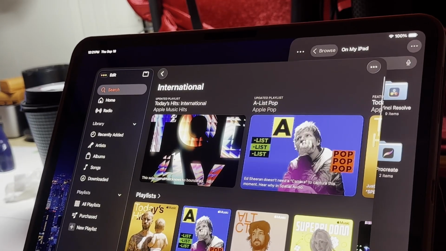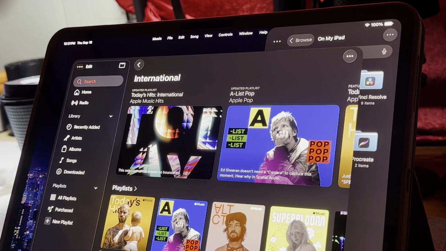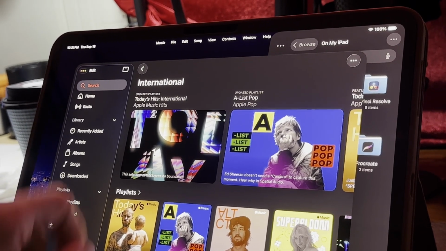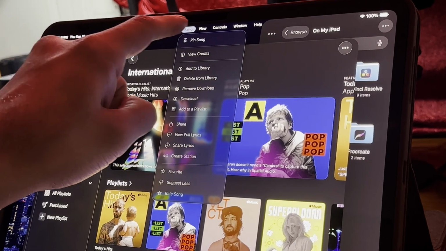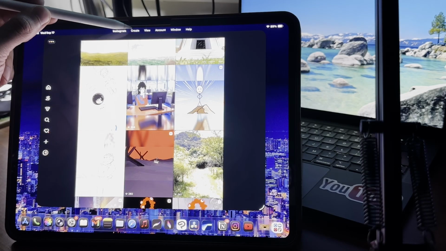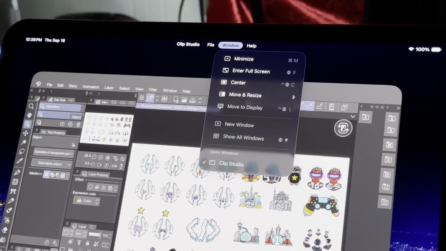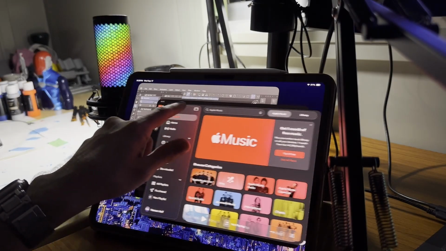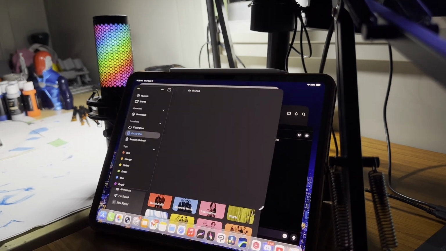the screen. It's not always there, but if you have an app open and you swipe down from the middle of the screen, you can see the menu bar for your apps just like you would on a MacBook. A lot of apps have added menu bar support, like for example Instagram has these options that you can go through, and Clip Studio Paint has these options. With the addition of these traffic light icons and menu bar alone, the iPad feels way more like a MacBook